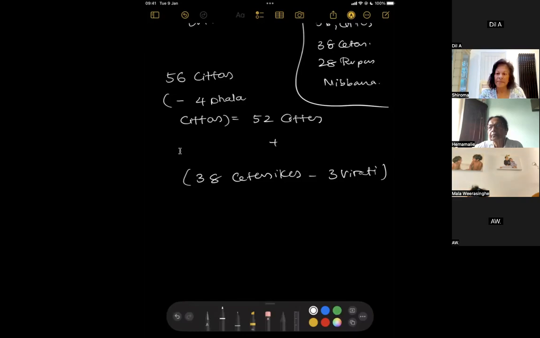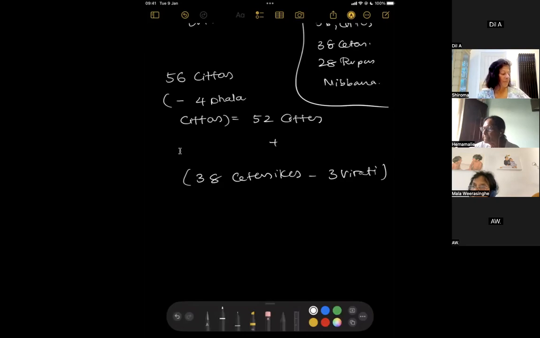I think because viratis are actions, either mental, verbal, or physical. If you actually use them, you would get to the other side, the supramundane. So that won't then come under the mundane dukkha satcha. Correct. Right. So the 3 viratis are samma vacha, samma ajiva, and samma kammanta. Right.